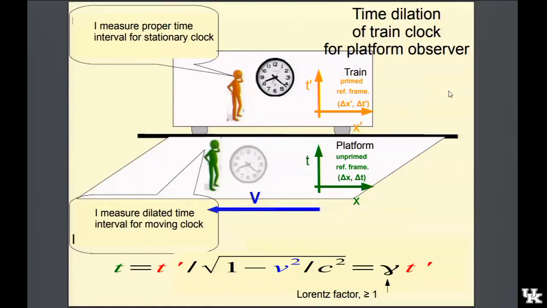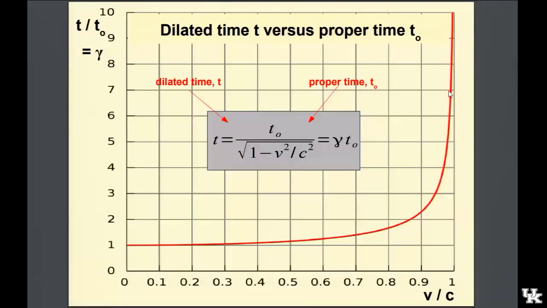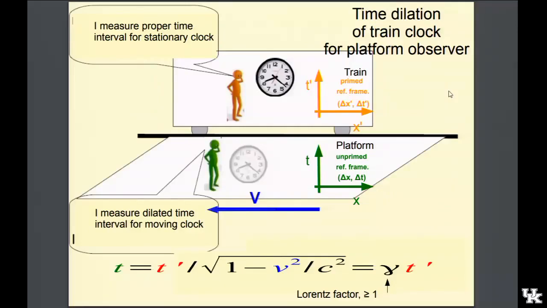So it's kind of interesting that the observer on the platform says the train clock is running slow compared to the station clock. But the observer on the train also says, well, look, the station clock is running slow compared to my clock, the train clock. So they're both saying the same things that seem contradictory, that seem sort of paradoxical. But that's the nature of the relativity of time